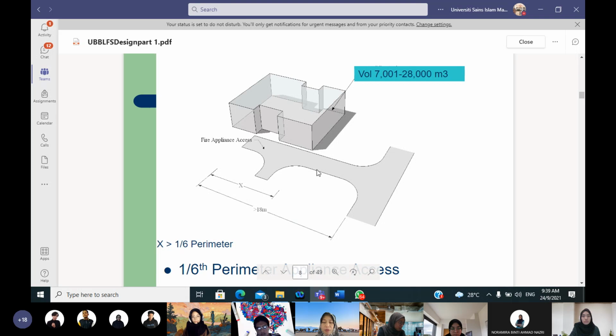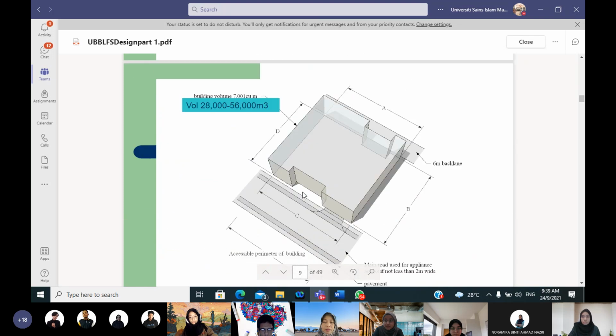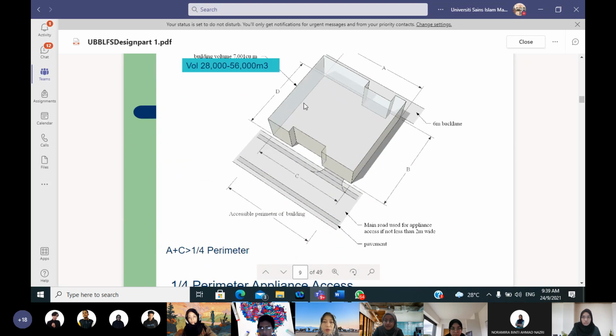So this is the road that has to be drawn by you. Again, I repeat, if you calculate the volume and the total is between 28,000 to 56,000 cubic meters,